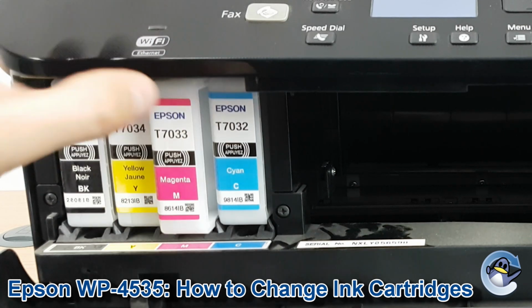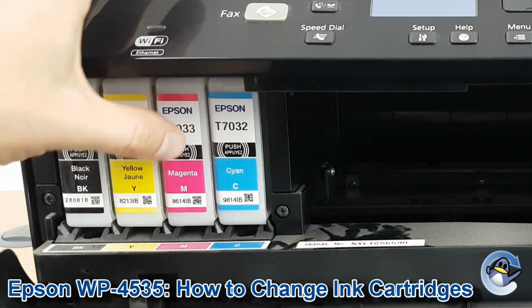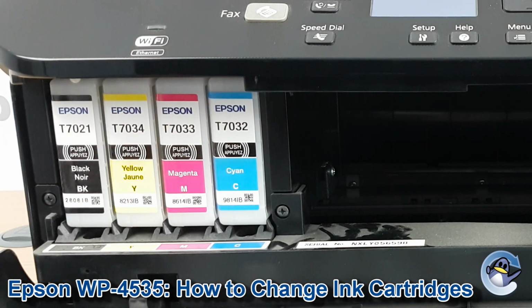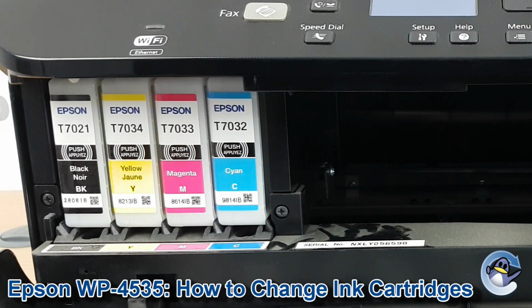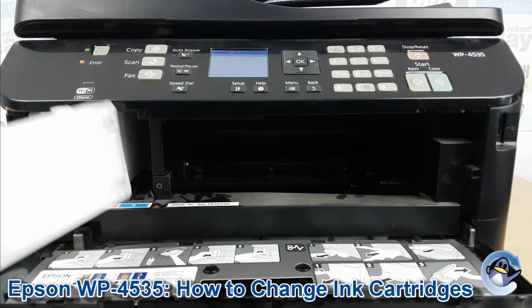You see there, it needs to come all the way out and then back in before it'll click back into place. So I've had customers before get concerned that their cartridges wouldn't go back in. But just click on the cartridge you do want to remove. When it comes loose,